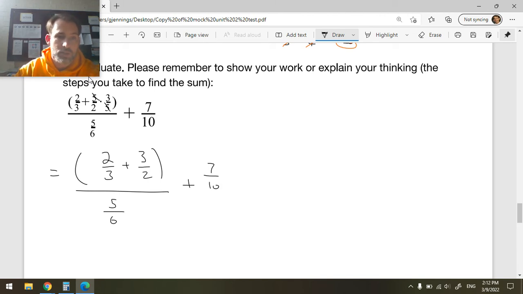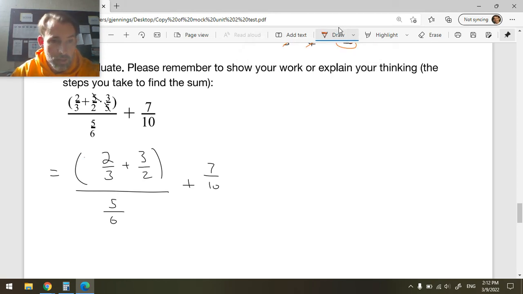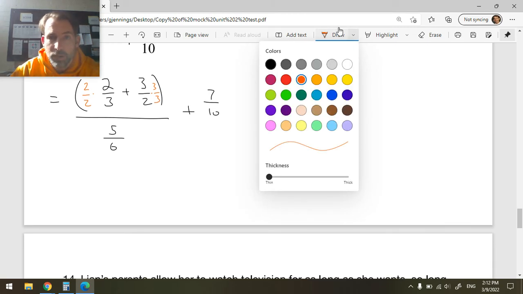Okay, so now let's do this. 2 over 3 plus 3 over 2. I'm going to need to create a common denominator to do that addition. So this is going to be multiply by 2 over 2, because that's the factor 3 is missing. Multiply this by 3 over 3. So I get 2 times 2 is 4, 3 times 3 is 9. 9 over 6 divided by 5 over 6. So let's write that. This is equal to